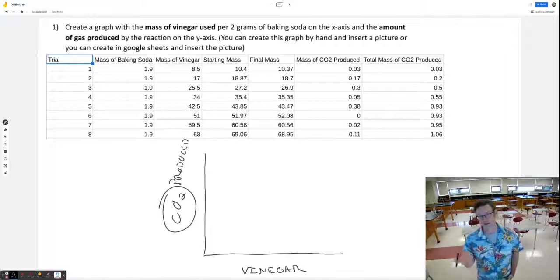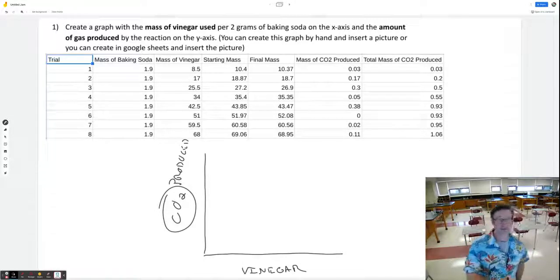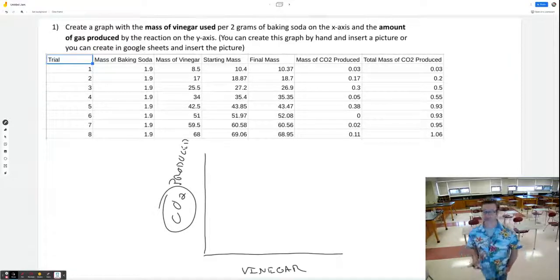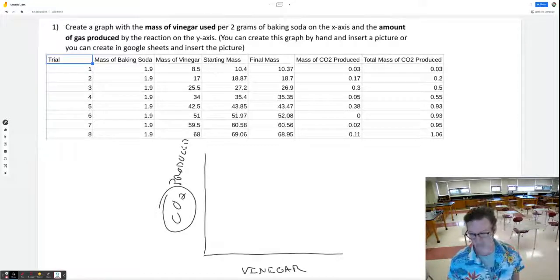So you're either getting less thrust if you don't put enough vinegar, or too much weight if you put in too much vinegar, which kind of has the same effect. It means your rocket won't go as far as it could. So we're going to use the data that we collected and the graph that we're going to make from it to decide what is the ideal ratio. And again, your information will vary from mine because I'm using different amounts and things like that, but the process will be the same. So we're going to take the amount of vinegar, and